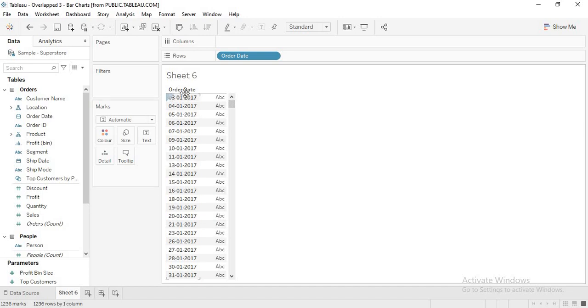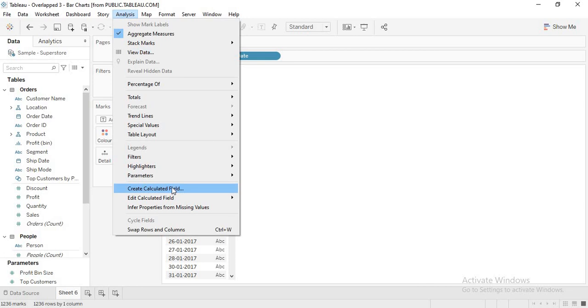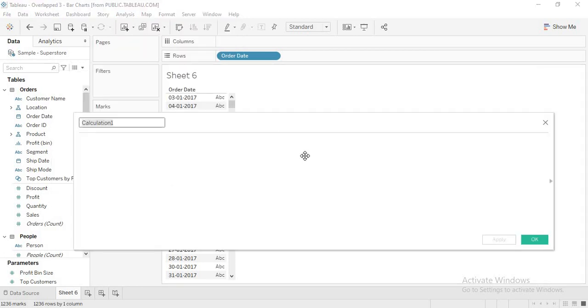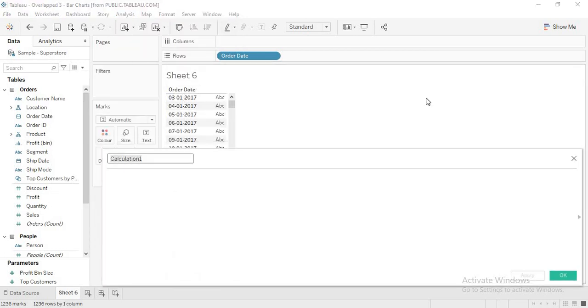For every day, whatever the month is, I want it to show only the 31st. For that I follow a simple formula. I will first move this date to the next month, then DATETRUNC it so that it comes to the first of that month, and then subtract one day from it to get to the last day.